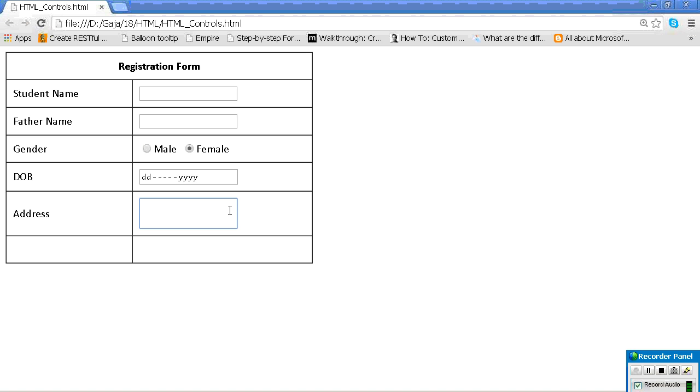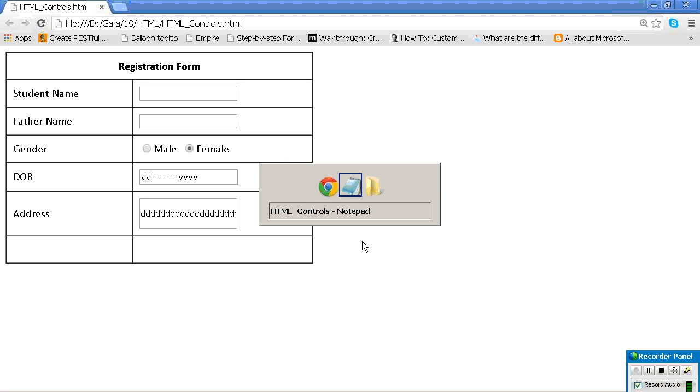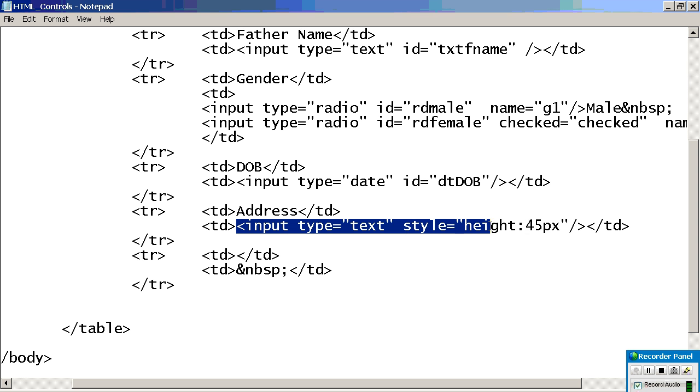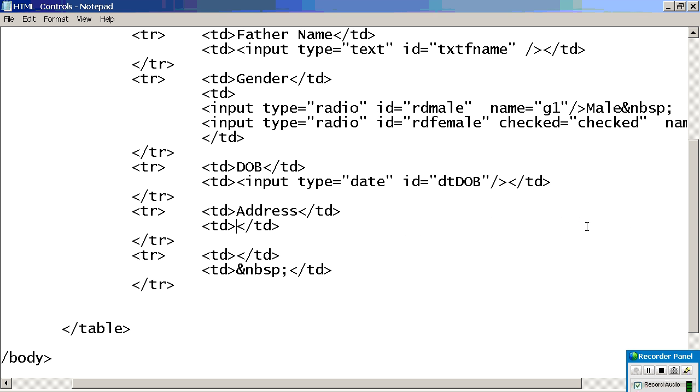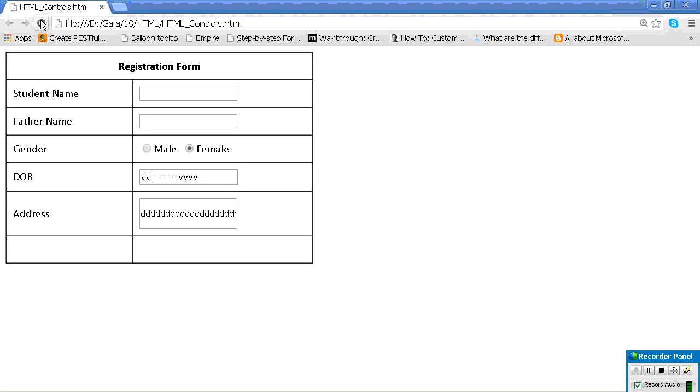You can use it like this, but for your information, you can enter the text only in one line. My intention is that I don't want that control. Then what is the control for an address or something similar? We have a control called text area. This we can call a multi-line text box. What is the control name? Text area.